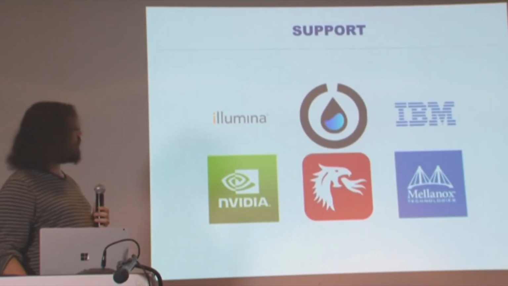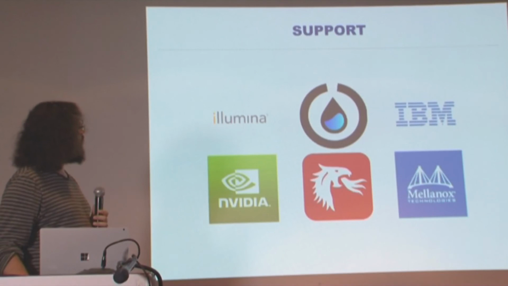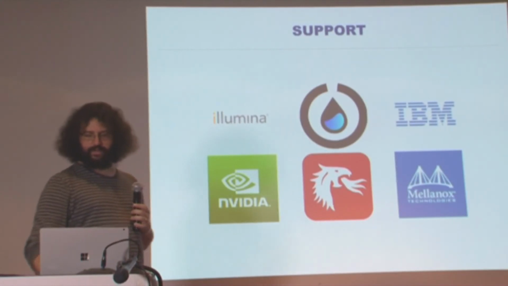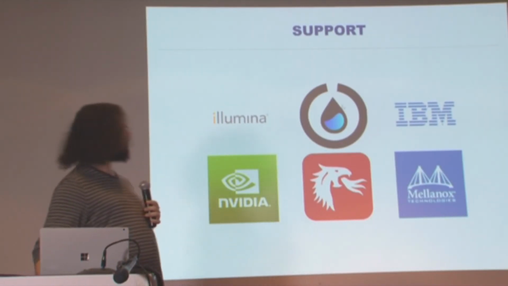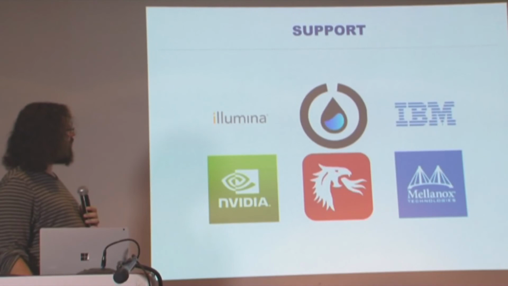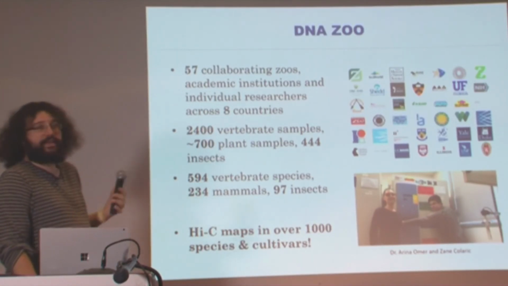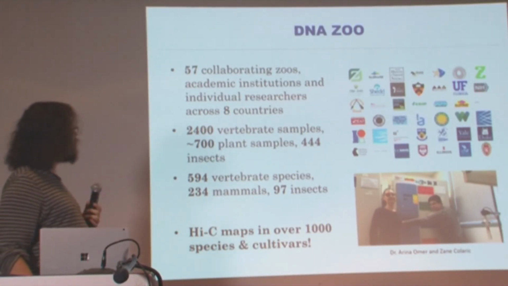And so we started doing that and started collecting samples from many, many, many species. And we started to get support from Illumina and from Edicogenome and IBM and NVIDIA and Opentrons, liquid handling robot company, Mellanox, to sequence these things and build computers to analyze these things. So now, with the idea that, in a relatively cost-effective way, you could assemble pretty